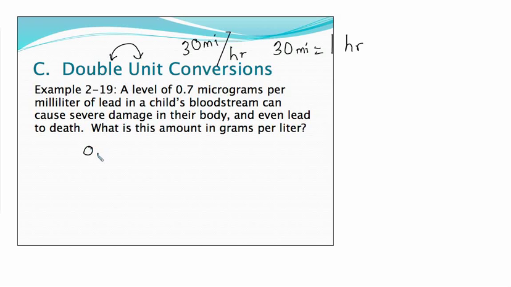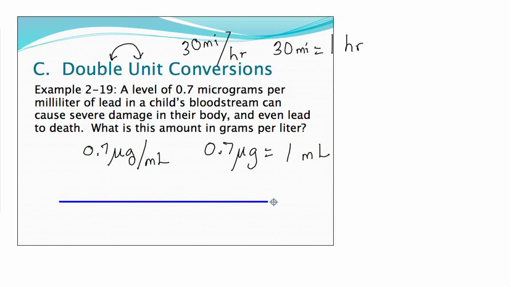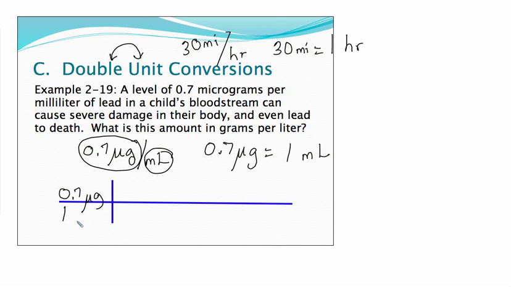Now, in our case, we have 0.7 micrograms per milliliter of lead. So that means I have 0.7 micrograms, and the 1 is implied. Now, I have a double unit, and the key to doing these, and there's a couple of ways I would take for this, but the key to doing this, not sure how many steps we have yet, is to put this number in the top of the grid, so that'd be 0.7 micrograms, and then that 1 ml in the